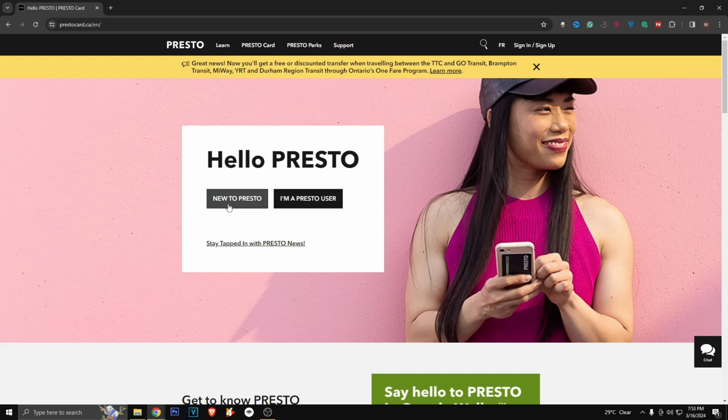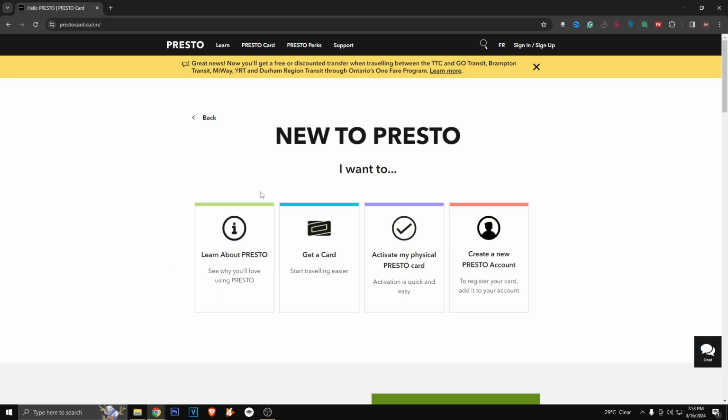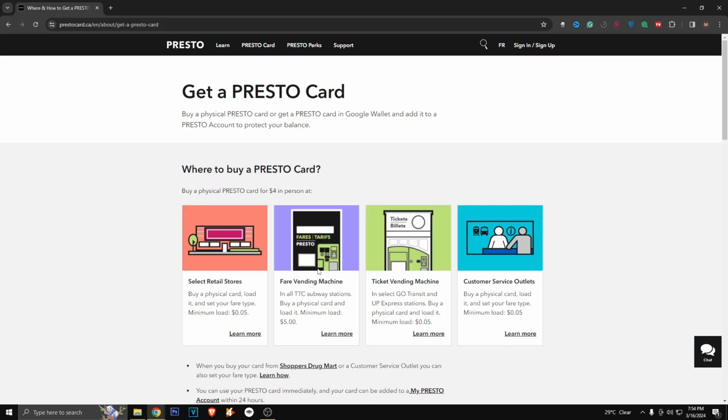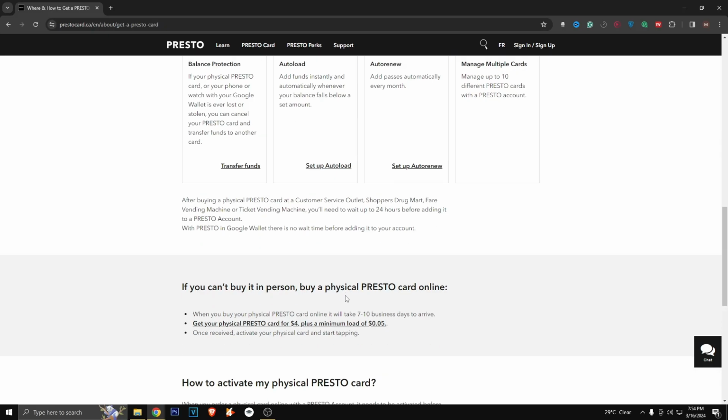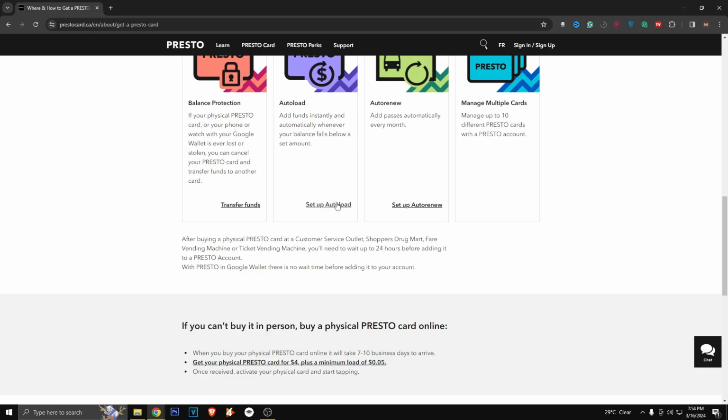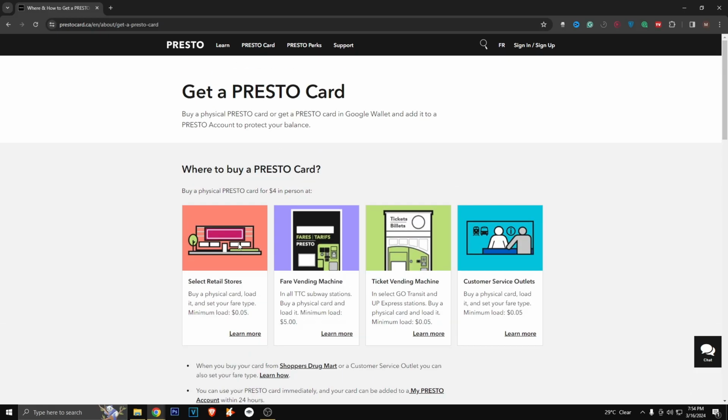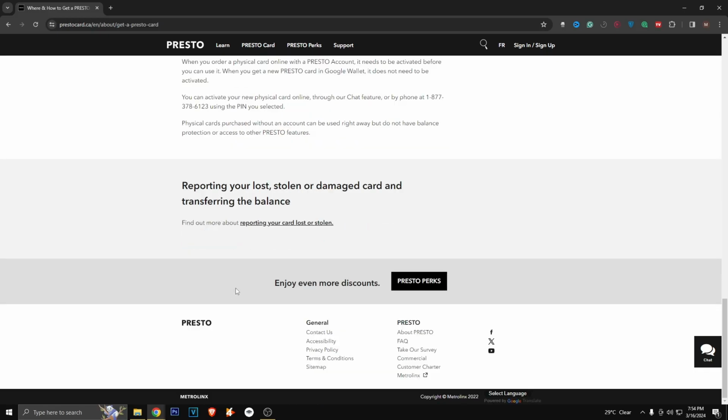So all you have to do is click on new to Presto. Just click on it, and here you have to click on get a card, and after this you will be redirected to this page. So you can read it. You can read all of it, and then just click on sign in, sign up in the top right corner,